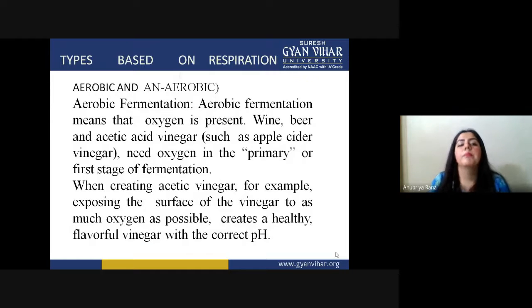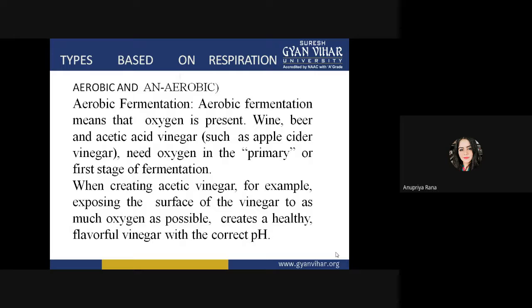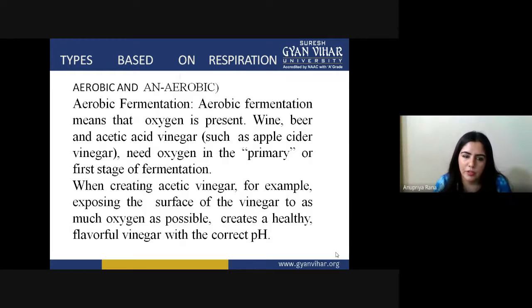Now we will see the types of fermentation. Basically, types based on respiration, there will be two types, aerobic and anaerobic. If we talk about aerobic fermentation, that means oxygen should be present. Wine, beer, acetic acid, vinegar, these basically need oxygen, and in the primary or first stage of fermentation. So if we wanted to initiate or make these things, we needed the oxygen in a very primary first